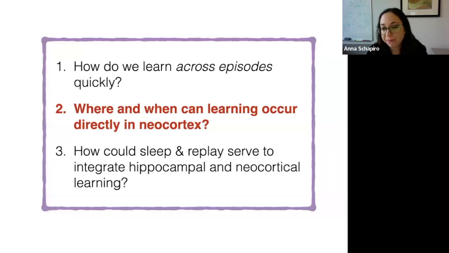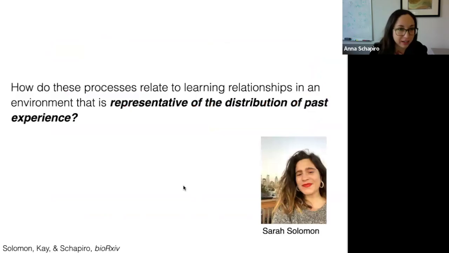Okay, so the work so far is focused on rapidly learning novel structure where your prior knowledge has no bearing on learning the particulars of the structure that you are exposed to right now. But of course, a lot of our experience is not like that. A lot of our experience is making small tweaks to our existing understanding of the world.